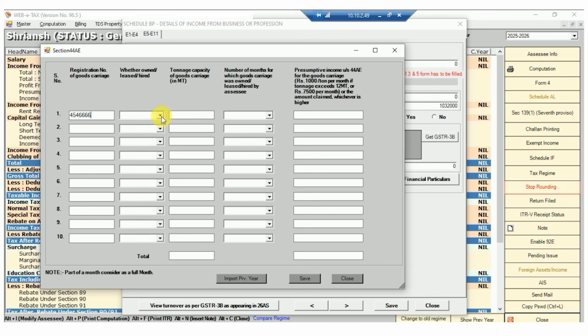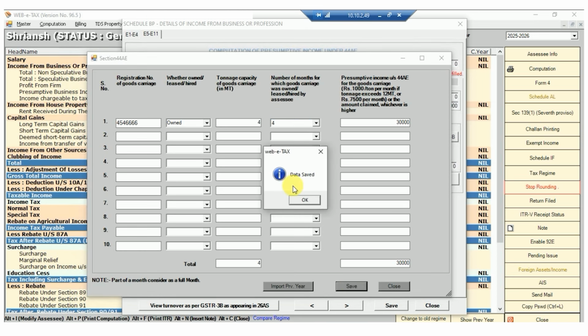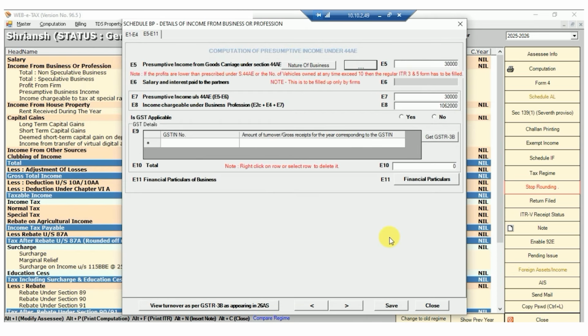You need to select whether owned, leased or hired, and after that you need to enter the tonnage capacity of the goods carriage over here, and then select the number of months for which the goods carriage was owned, leased or hired, and then the presumptive income under Section 44AE will be calculated like this. So like this you can enter the details in the WebbyTax software related to the presumptive business income under Sections 44AD, 44ADA and 44AE.